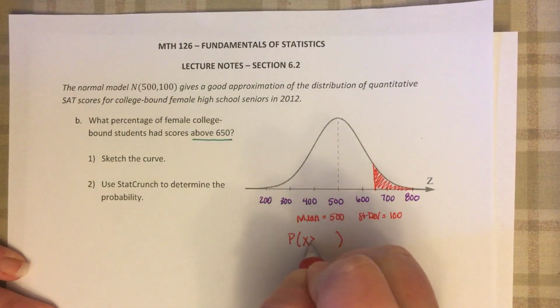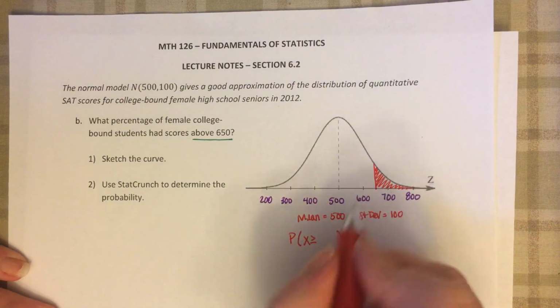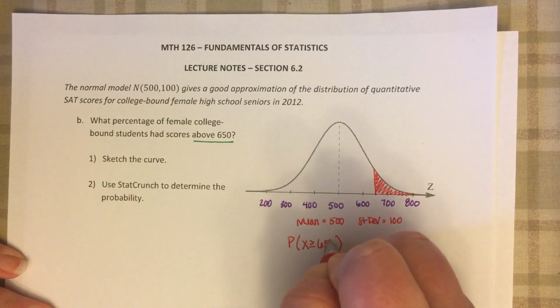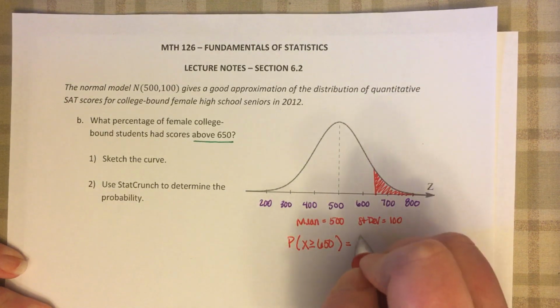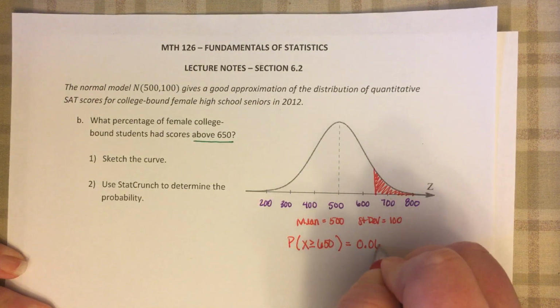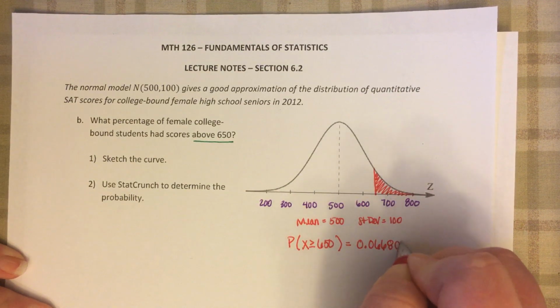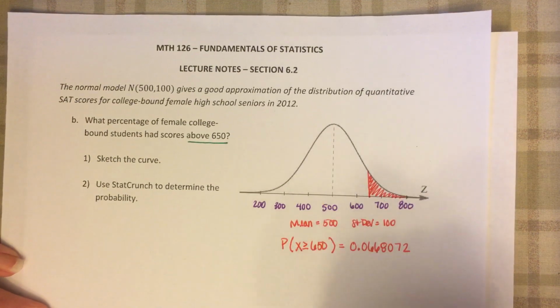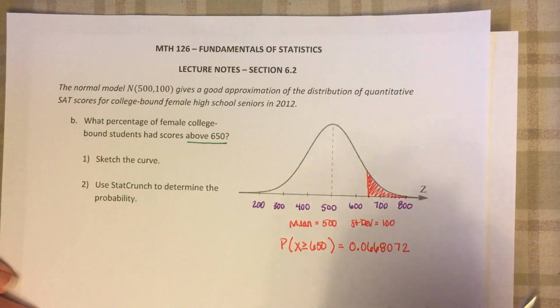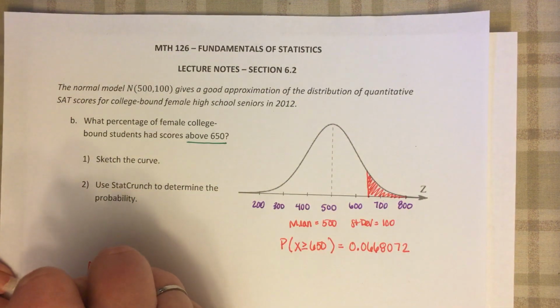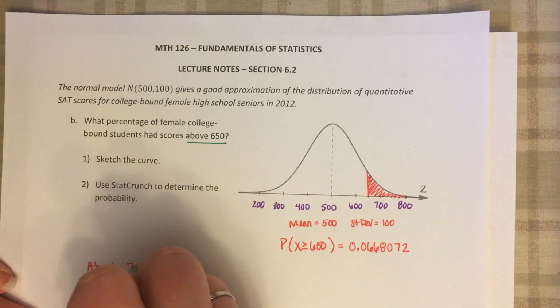We're going to select a greater than or equal to, because we're thinking above 650, and that gives us a value of 0.066872, which rounds to about 7%. So we're going to say about 7%